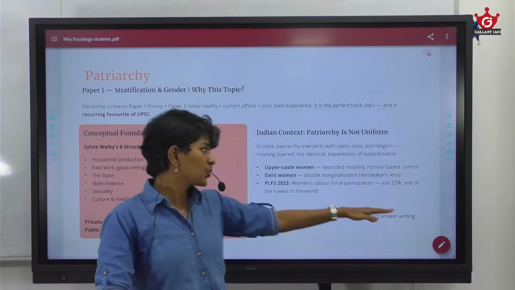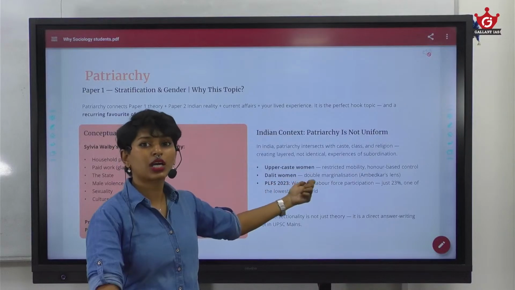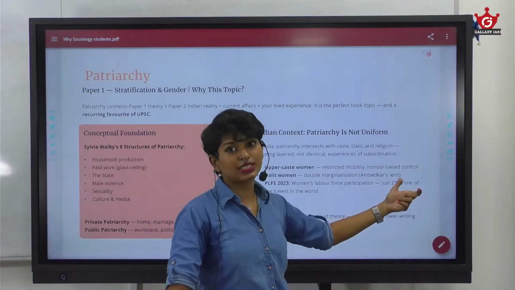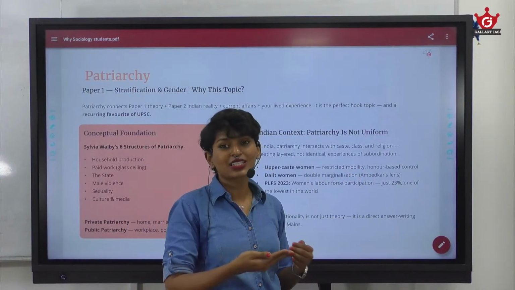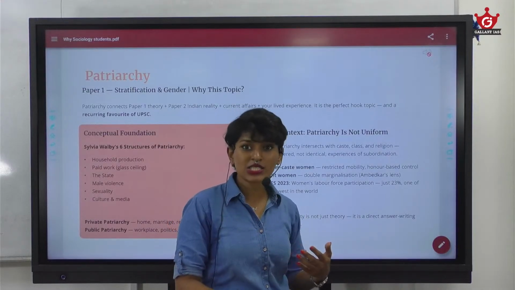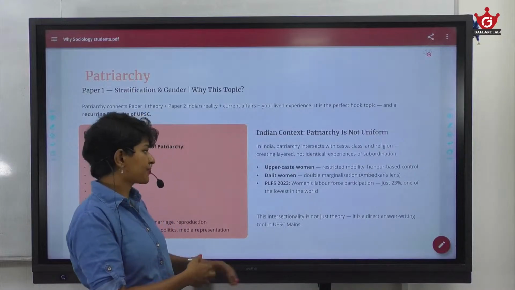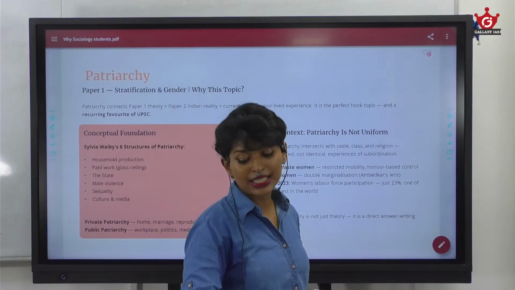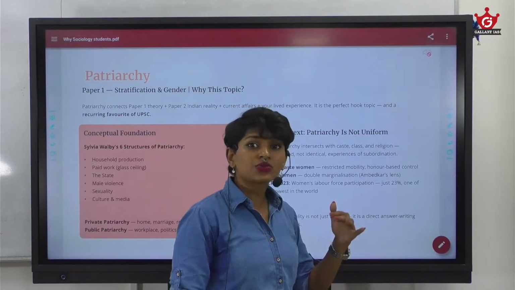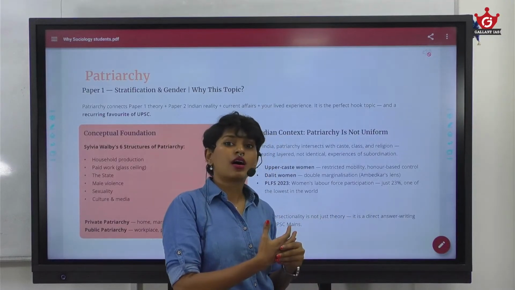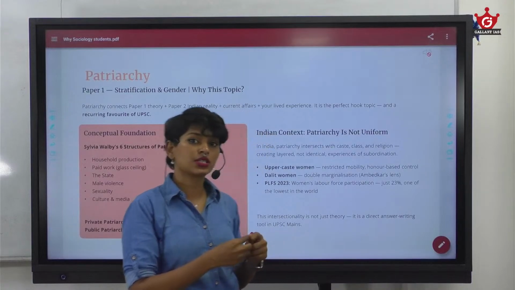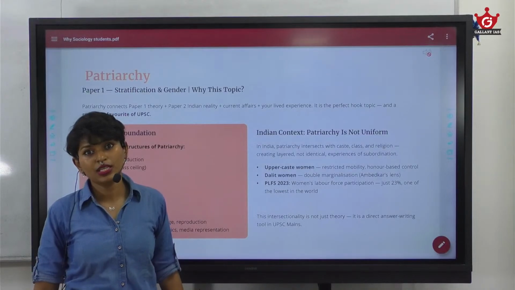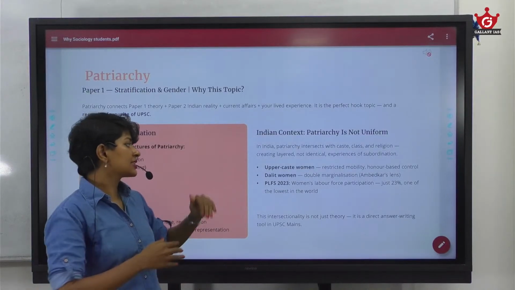Okay, so you can apply that here when you are thinking about upper caste women. The patriarchy is more about how they are protected, or how they are asked to continue that patriarchy in the society. Whereas if you take Dalit women, and if you also can relate it with how Ambedkar used to say about, you know, especially double marginalization. That means when considering a Dalit woman,